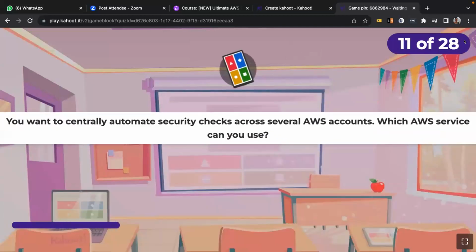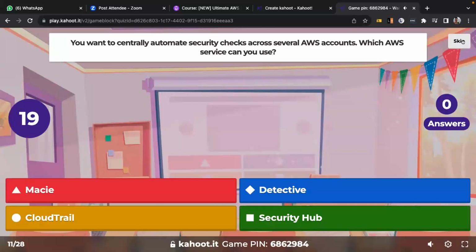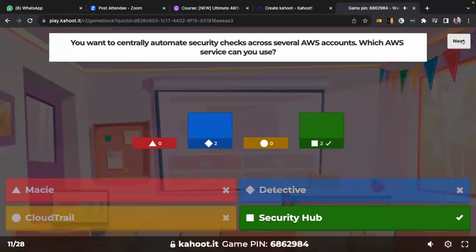So you want to centrally automate security checks across several AWS accounts. Which AWS service can you use? Okay, 2 people got it right, yes.